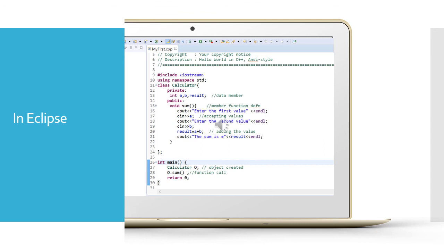Since sum is a member of the class called calculator, it can access the private members a, b and result of the class calculator. To call the function inside main, write the object, dot, the function name followed by empty brackets, because the function defined inside the class doesn't have any arguments specified inside the brackets.